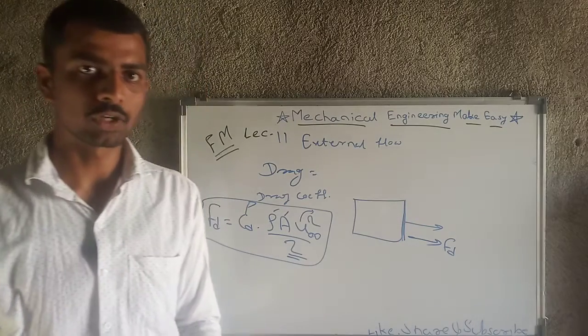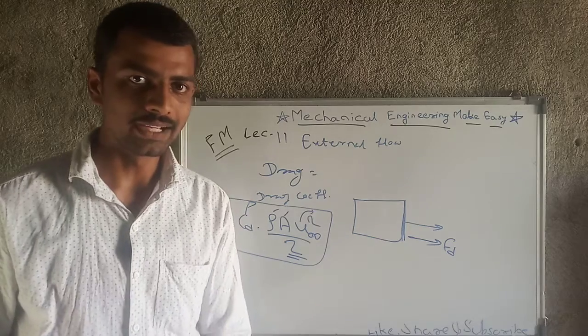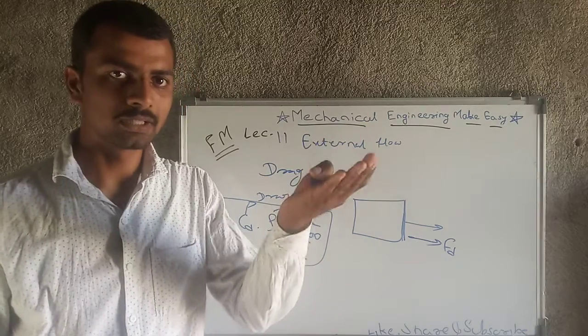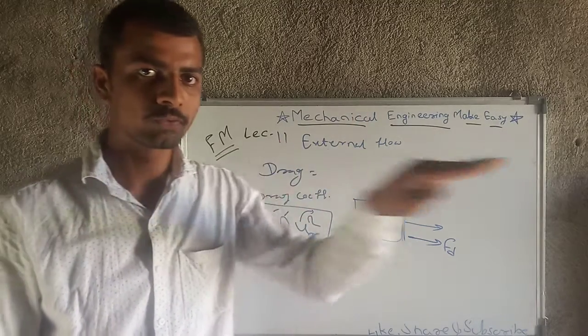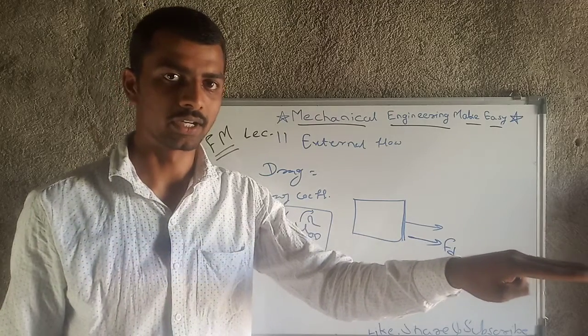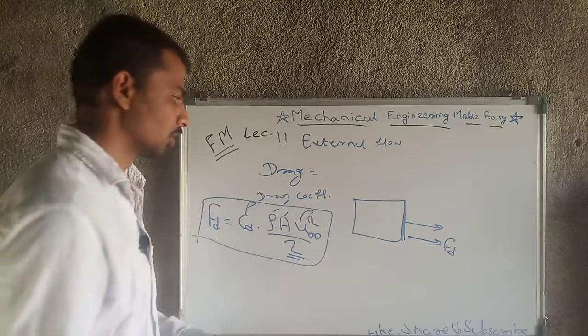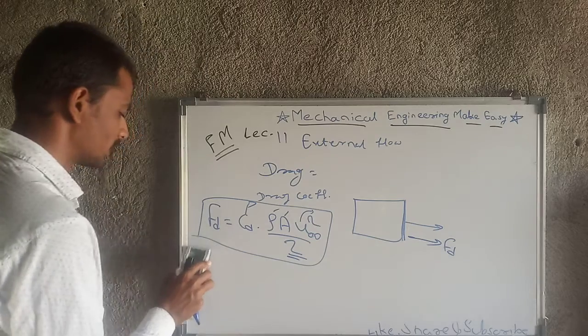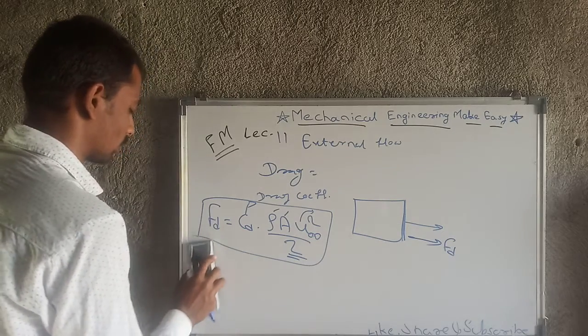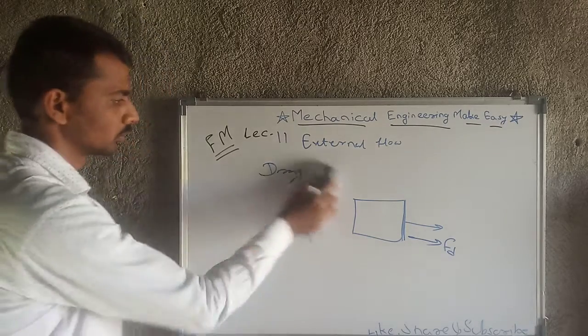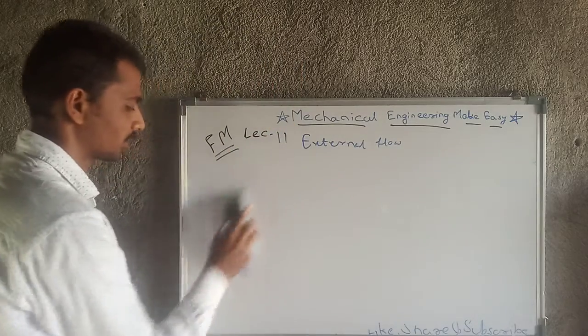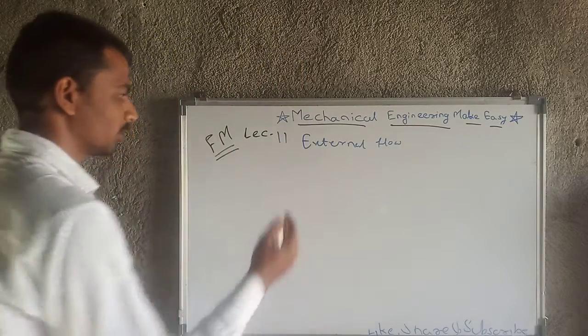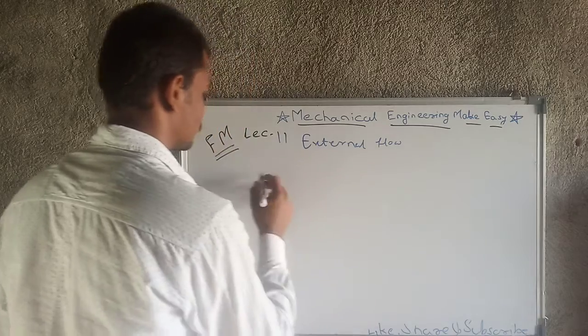Okay, you can take the example of an aeroplane. While moving up the lift force is required, and while moving forward the drag force is required, so we are going to calculate the drag force and lift force. Okay, so note down and clear your concepts. If you have any doubt, then you can comment to me.